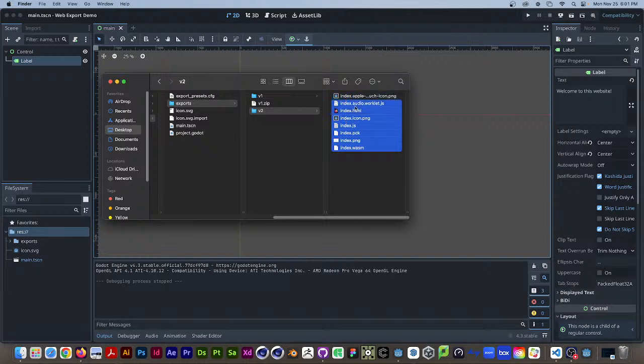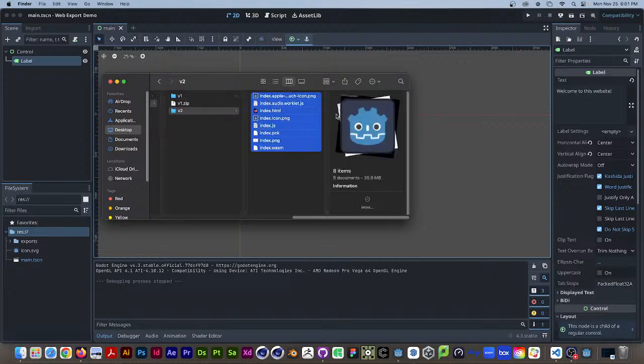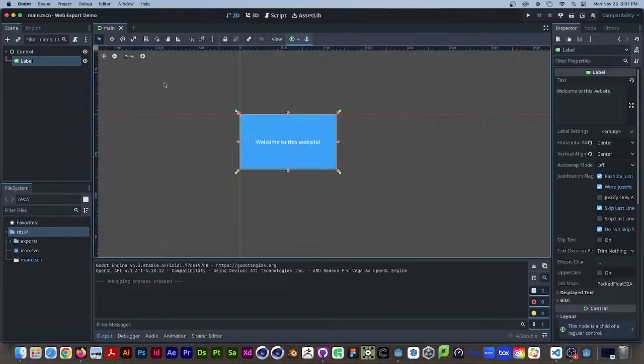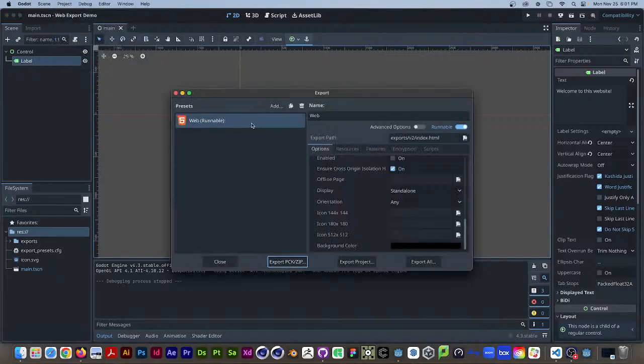And then here are all the files. And basically, if I upload these files, I can just put them on the internet, and this web page will run in the browser. As a matter of fact, when you create your export template, if you make sure that the